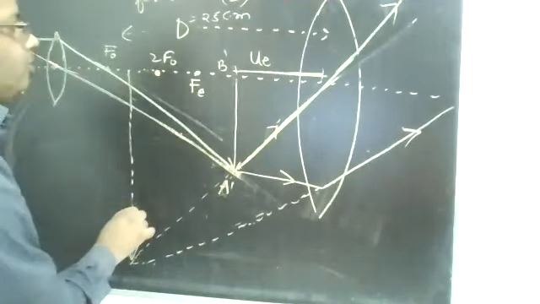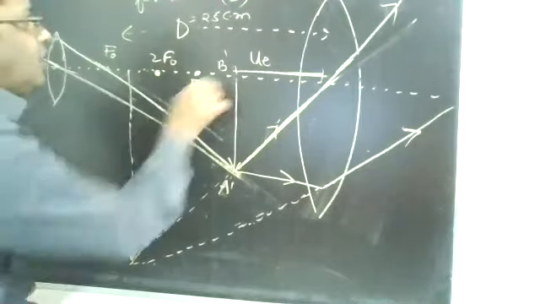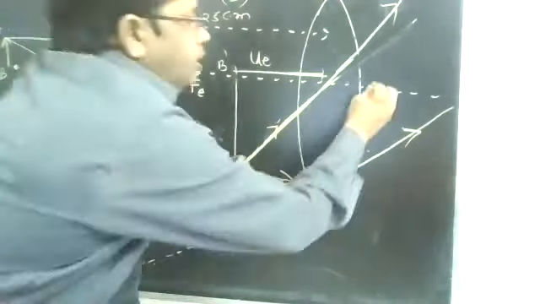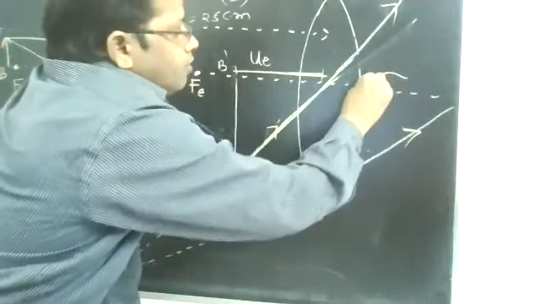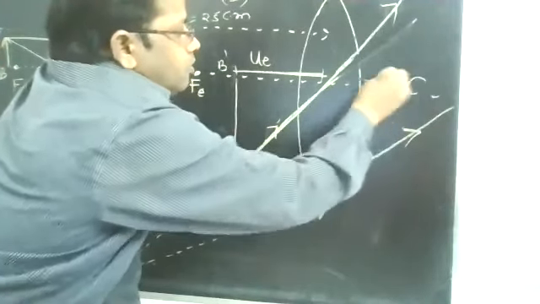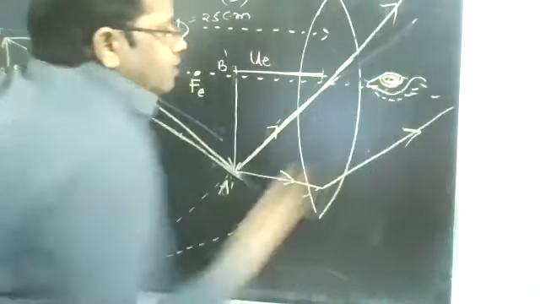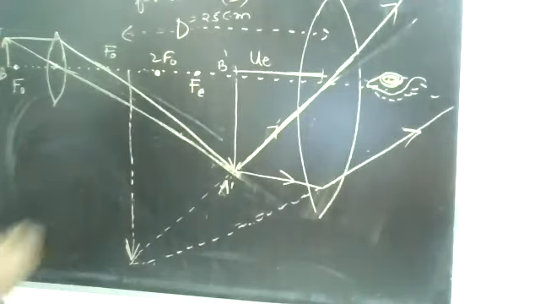This one is the virtual image, and this is inverted. The final image forms at D, this distance of distinct vision. From here, you are observing the final image. Here, the position of your eye will be here. Now you see here,